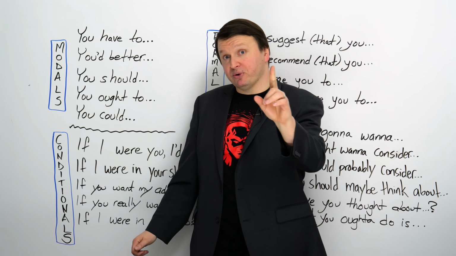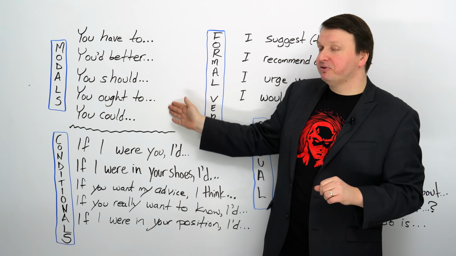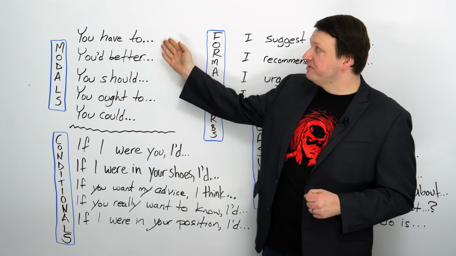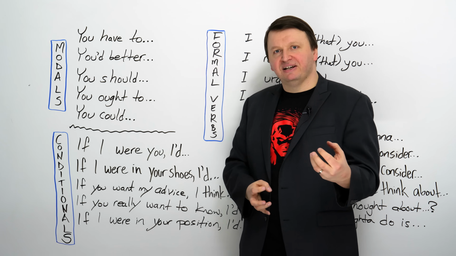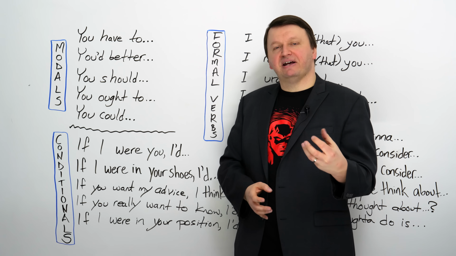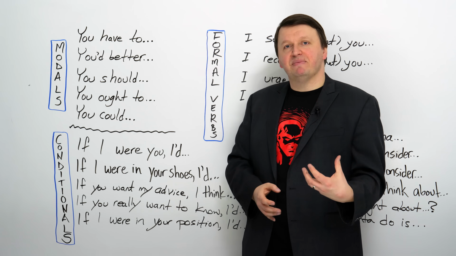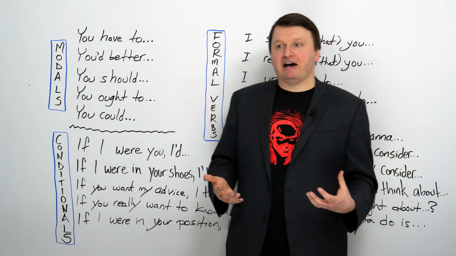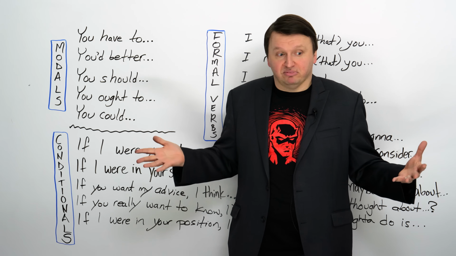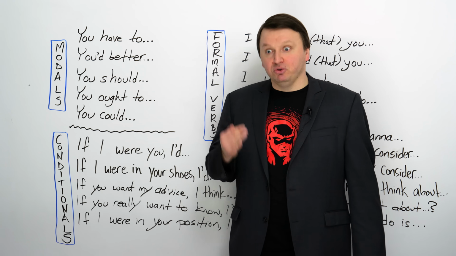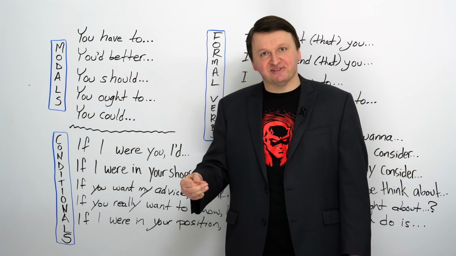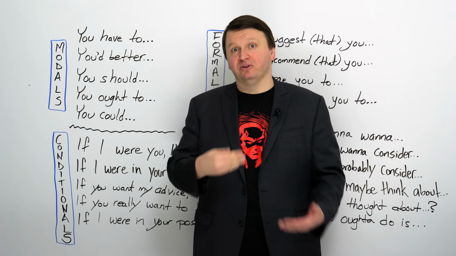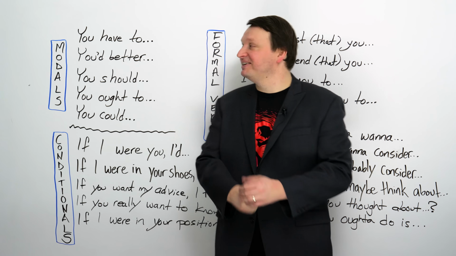So first, modals. You have a wide variety to choose from when you're giving advice in English. We'll start from the top. You have to. So if you are telling someone that they have to do something, this is an obligation, okay? They don't have a choice. So I lost my passport. Oh my goodness, what do I do? And say, okay, you have to go to the passport office, or you have to get a new one, okay? This is my advice to you. It's your obligation to do this.